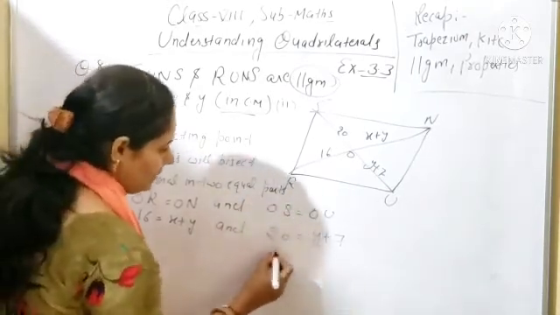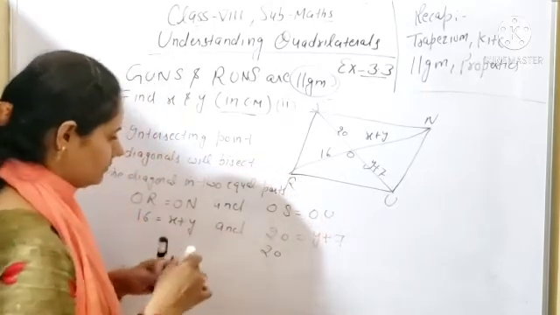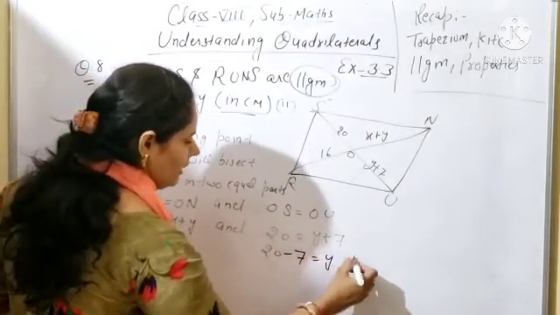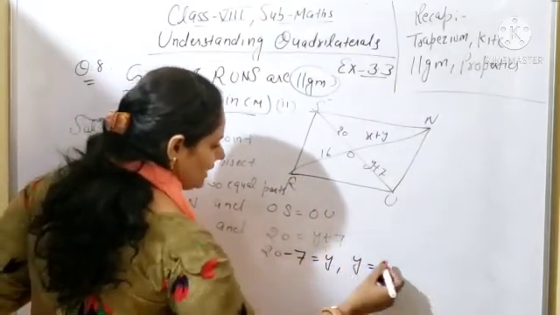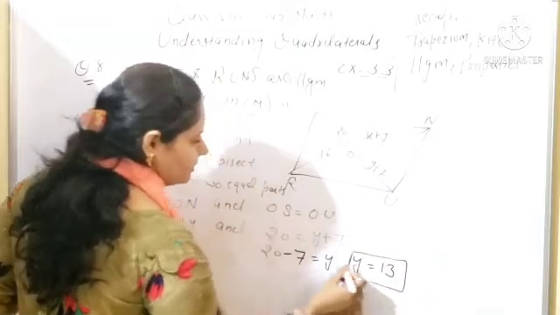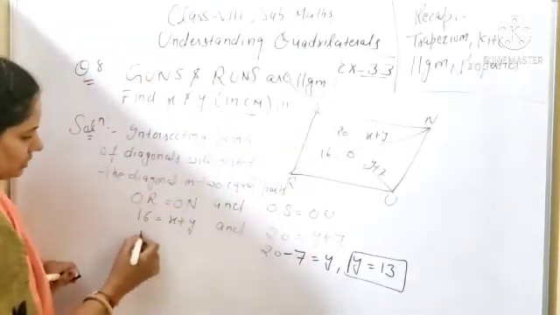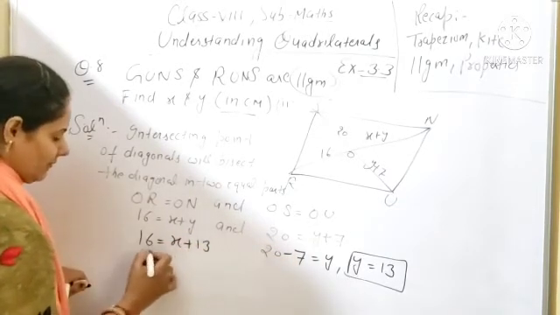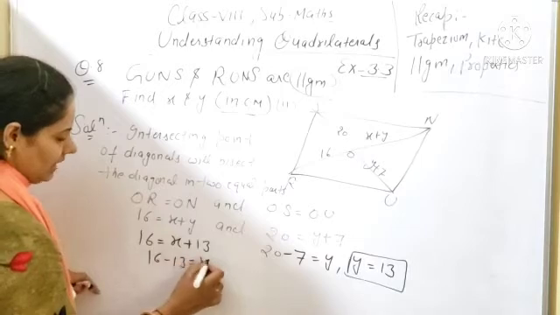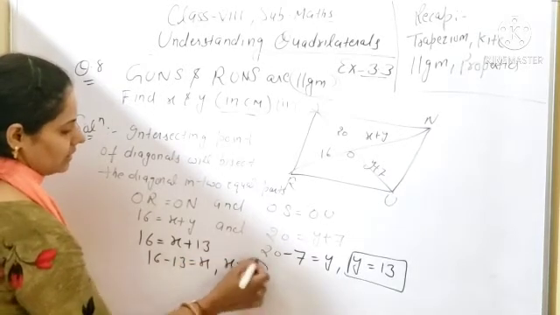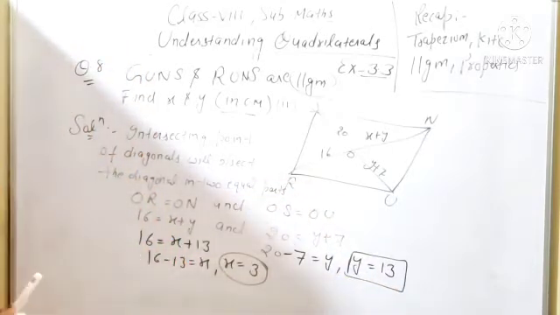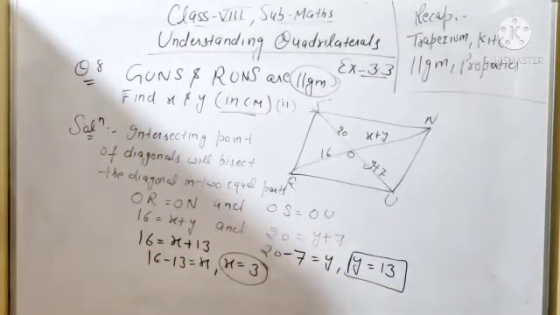Here you have a linear equation, but in one variable. So from here first you will find out the value of y. So 27 you will take left hand side, minus 7 will be equal to y. So y will be equal to 20 minus 7. So you will get the answer 13. Clear? Now you can put the value of y here. So 16 will be equal to x plus y. What is y? You are getting 13. Now 16 minus 13 is equal to x. So x will be equal to 3. Okay. So x is equal to 3 and y is equal to 13. Clear all of you?